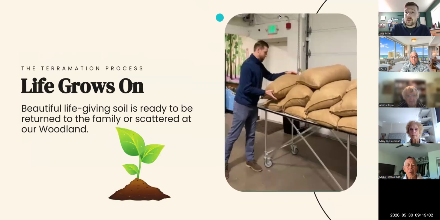And then the end result, as I had mentioned earlier, is worth a conversation or a dozen with families. There's a lot that comes from terramation. So what you're seeing is somebody's soil that was getting ready to go back home to a family. This is all one person. It's typically anywhere from 12 to 20 of those larger bags that we return somebody's soil back in. Each of those bags is usually about 20 to 25 pounds, so it's usually between 400 to 500 pounds of soil, or about 1 cubic yard.